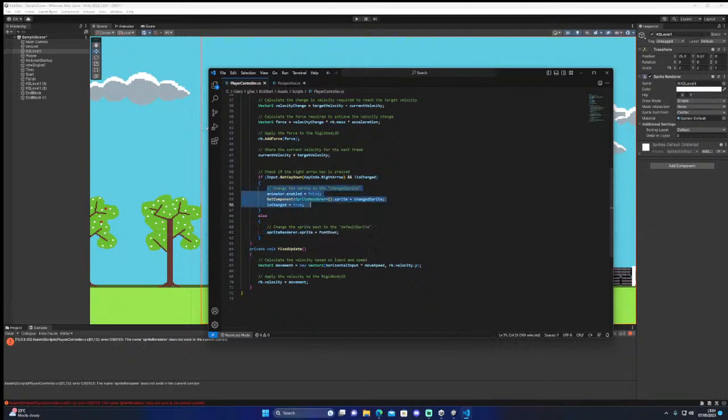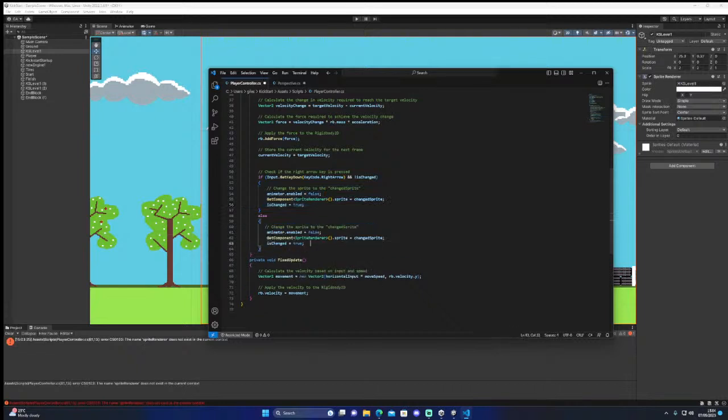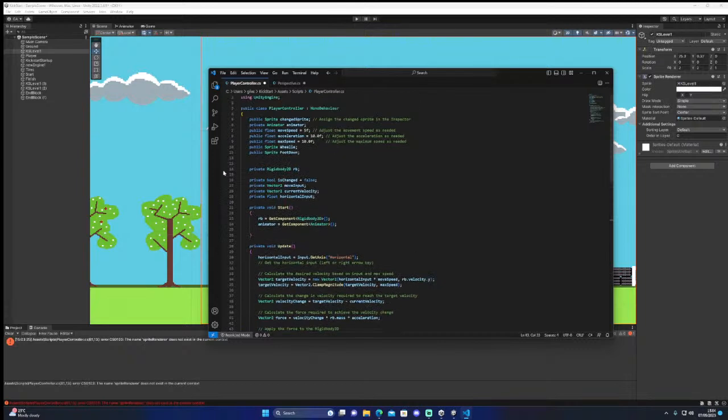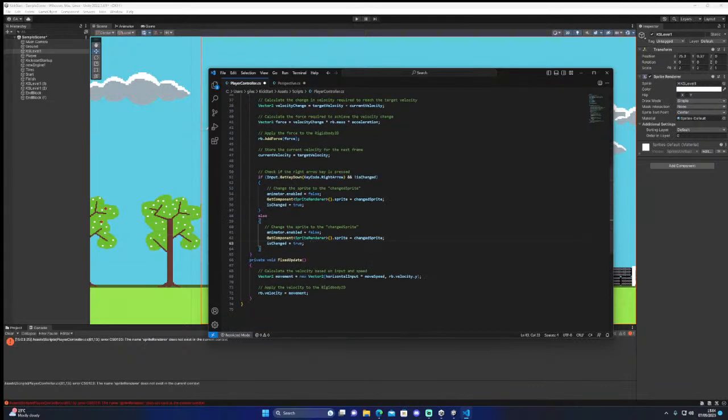Copy. Paste. Change equals. It's changed. Change sprite equals foot down.